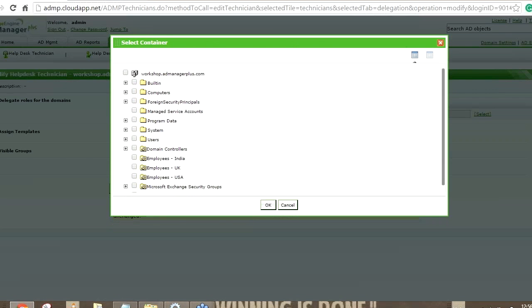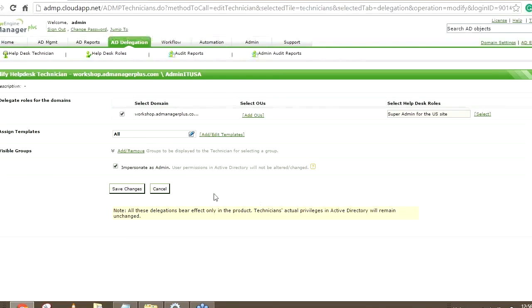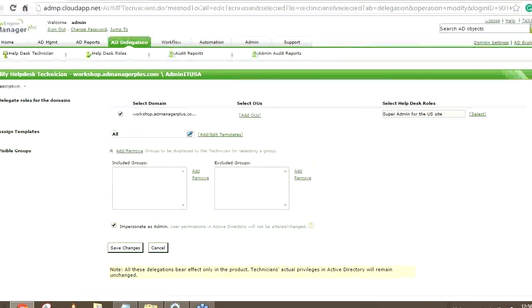In our case, I'm going to grant this technician access only to the employees USA OU and not to UK or India or any other OU. Just one OU, and then I hit OK. And then if I have any top level admin groups